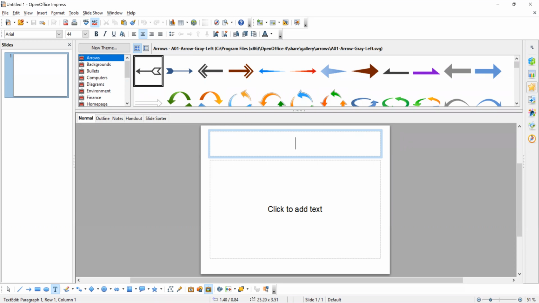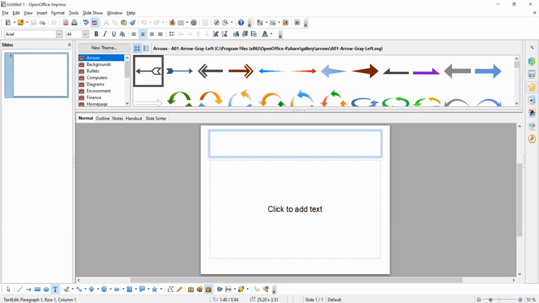You can mention the time when the next slide should appear, and on mouse click you can also make the slide appear. That is available in slide transition, right?